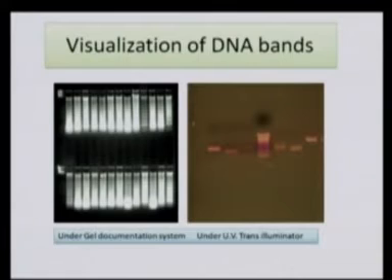On the left side you can see the gel bands. Here you can see the bright illuminating gel bands. This brightness is because of the presence of ethidium bromide, and this dark gel is obtained under the gel documentation system. The gel documentation system helps you capture good resolution images of the DNA gels which we separate using agarose gel electrophoresis, and the brightness is because of the presence of the fluorescent compound, ethidium bromide.